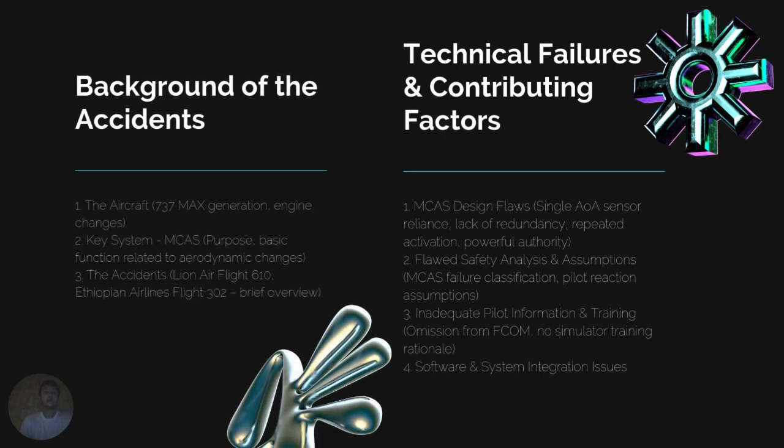Boeing wanted to sell the airplane quickly because of competition with Airbus. They also wanted to avoid extra training costs for pilots, and so they didn't share full info about the MCAS. And as a result, 346 people died, and all 737 Max airplanes were grounded for 20 months, and Boeing lost a lot of